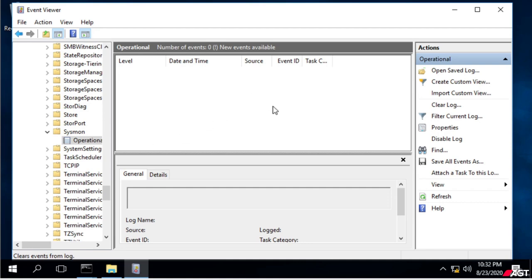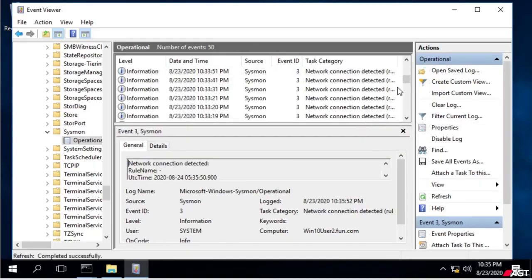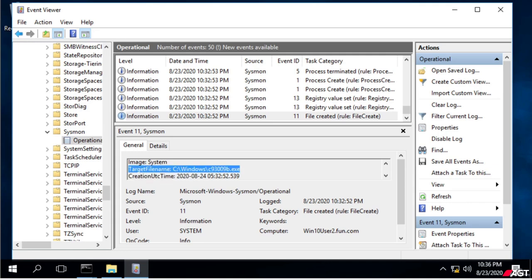So I just ran a lateral movement from a popular C2 post-exploitation framework, and you can either press F5 or click refresh on the right side panel to show the latest logs captured. It looks like here we have the activity that was logged by Sysmon for the lateral movement. We can see multiple events being logged along the way, such as file creation, registry values set, processes being created, terminated, and so on. If we click on the file create event that took place, it looks like an executable with a random file name